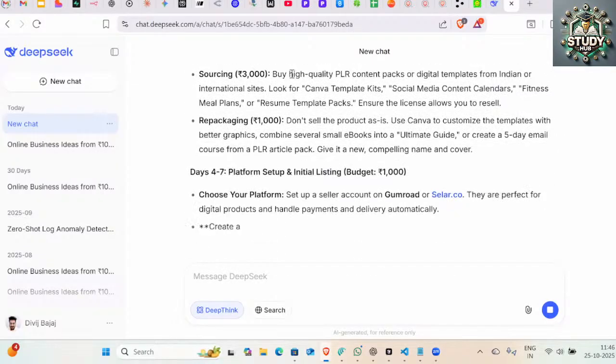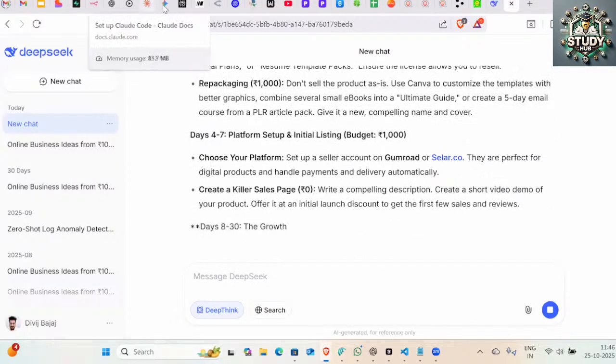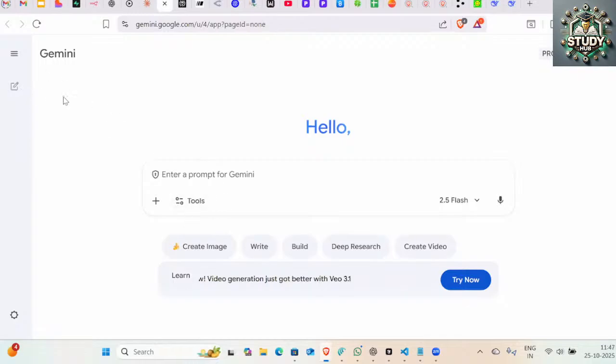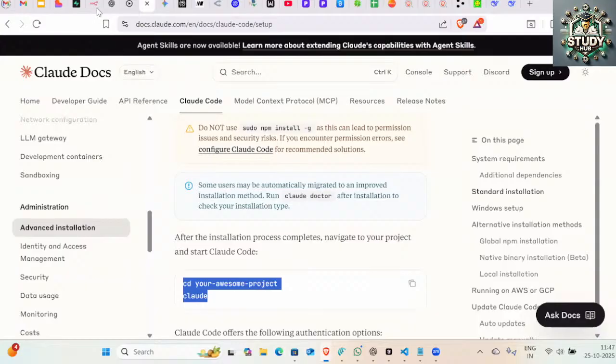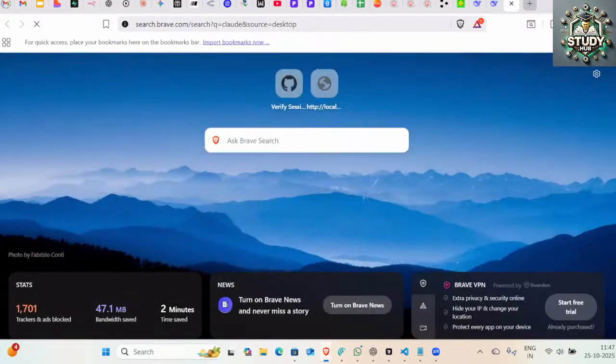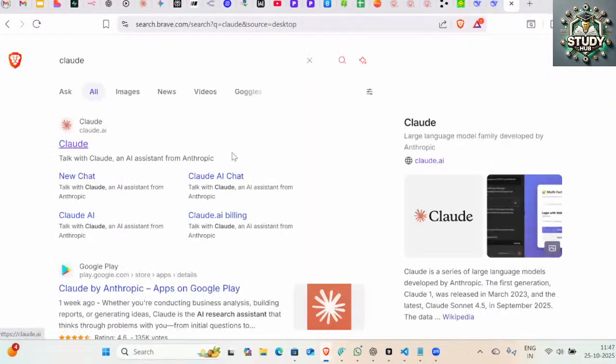So all the major players, if you see, right, all the major players have this kind of a distinction, right? You have the flash model, and you have the reasoning math and code model, right? This is the major distinction you will find in all the platforms. You go to Claude, you go to ChatGPT, you go to DeepSeek, any platform you go, you have these two capabilities, reasoning versus non-reasoning, right?